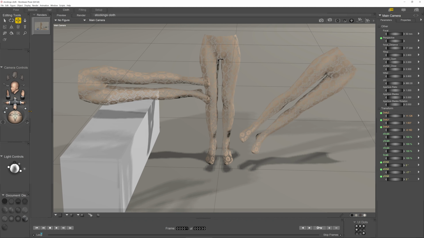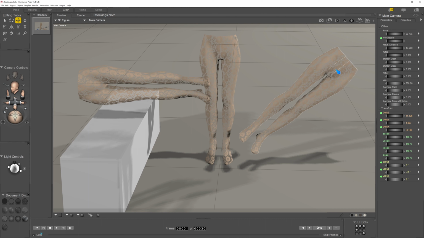Oh, yes, here's a simulation again. I've got a pair of stockings here. In fact, 3 pairs that I've re-imported. So I've gone through the process of saving the original item, exporting it and re-importing it. And now, what I want you to notice here is that the angle of your initial simulation also